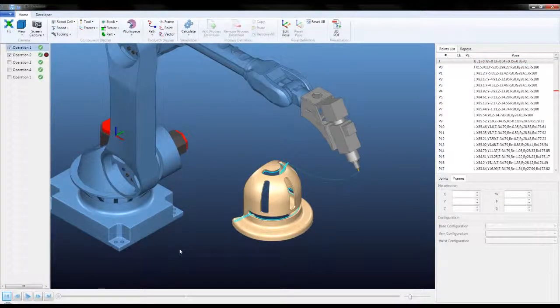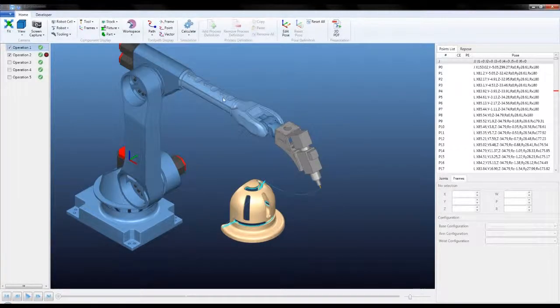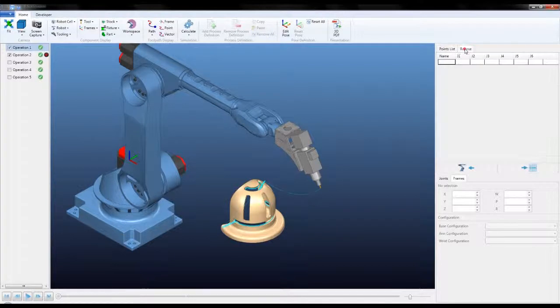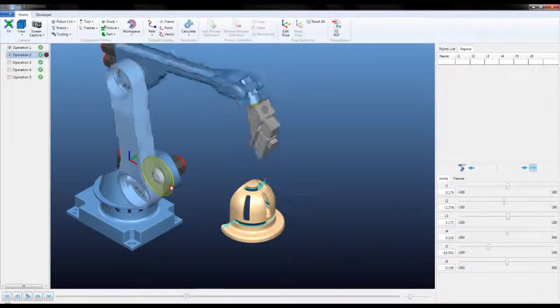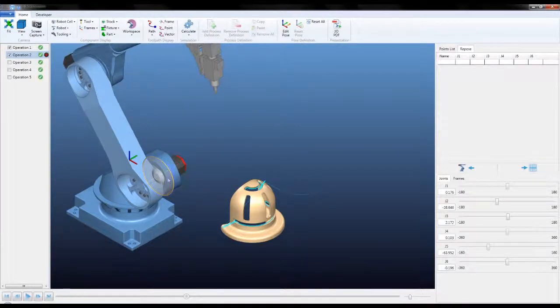Now, we can interact with the robot, and we saw that in previous videos. However, here we see an interface that allows us to set reposition points based on the active or current robot position. So what I can do now is go to the end of my first operation, and from this point I'd like to move the robot back in joint